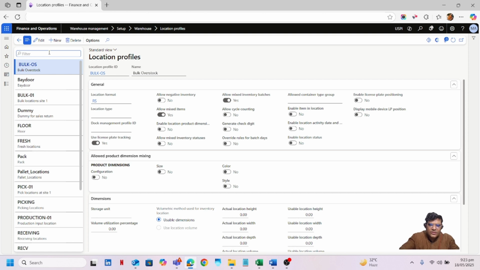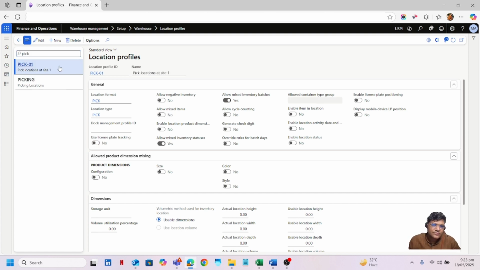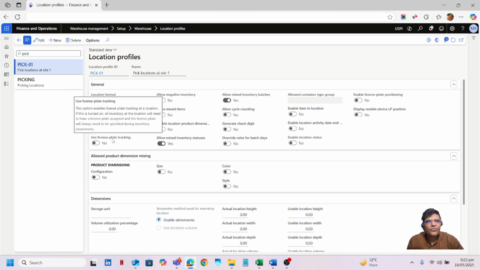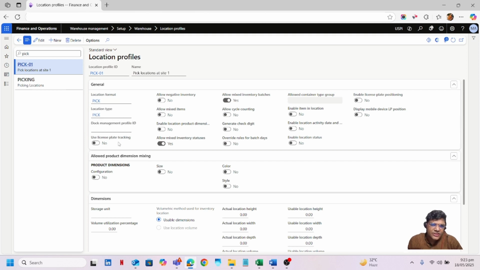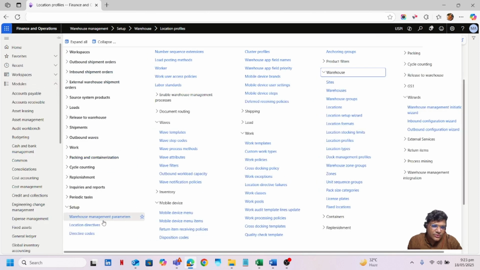Look for the location profile pick 01. Okay. On this location profile ID, you can see that the use license plate tracking is off because I don't want to track the license plate or enter the license plate for the picking locations. If I go back again to the location directives,